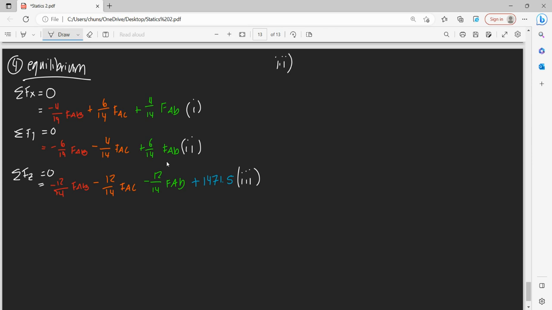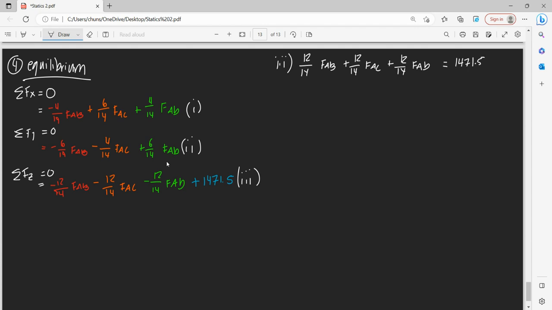So let's move everything over. So that's 12 over 14 FAB plus 12 over 14 FAC plus 12 over 14 FAD equals